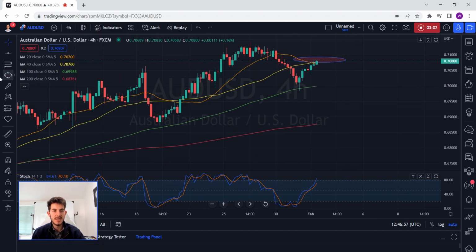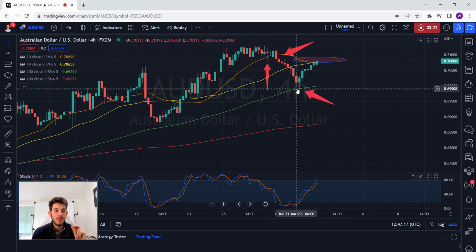And if you shorted it around this point here, you're now back at net zero and you've sacrificed that whole move down, from here to there. All of those pips are gone, disappear,